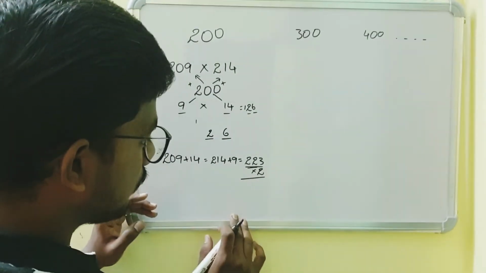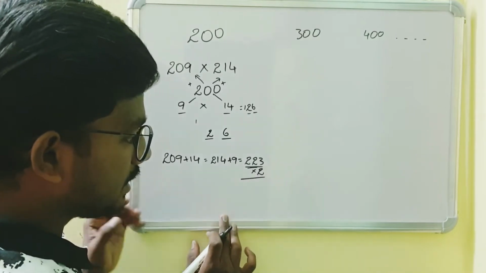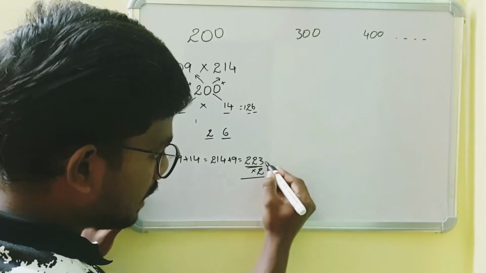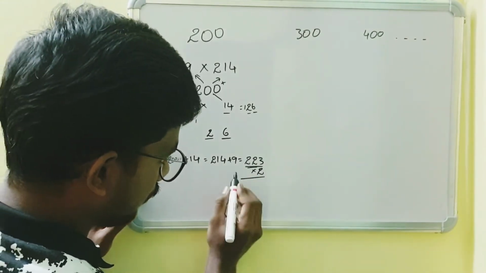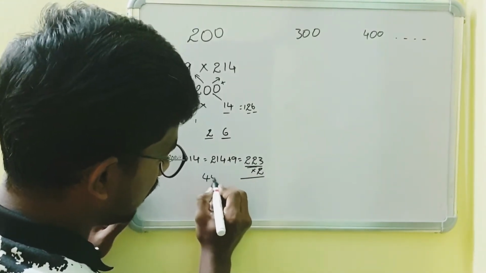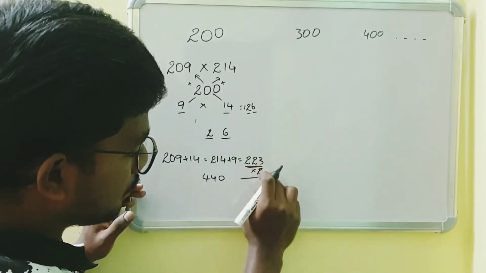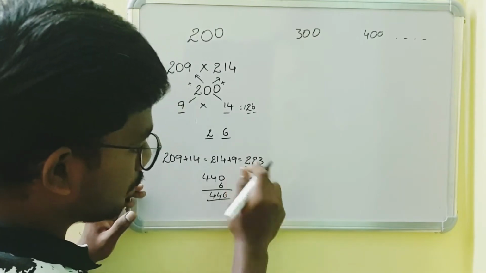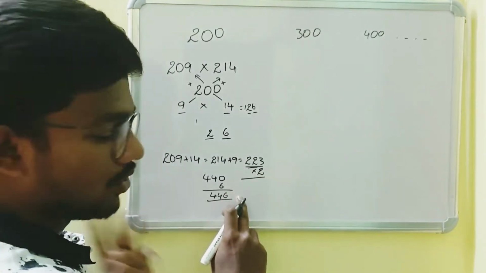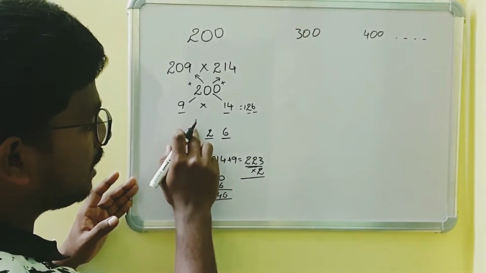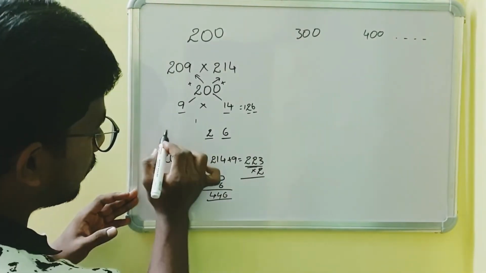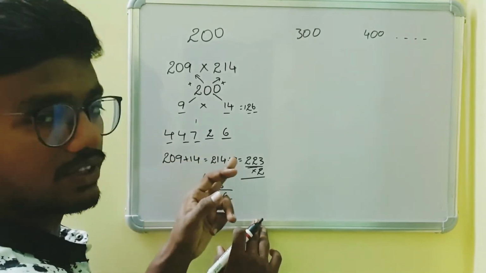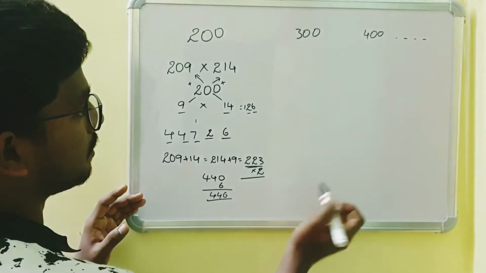Instead I will take 220 into 2, which is nothing but 440, which is easier to calculate. And the remaining 3 into 2 I will calculate. See, 220 into 2 is nothing but 440, and the remaining 3 with 2 I will get 6. So my answer is 446. 223 into 2 is nothing but 446. So here there is a carried forward value which is 1. So my required answer is 44726. See, 44726 is my required answer.